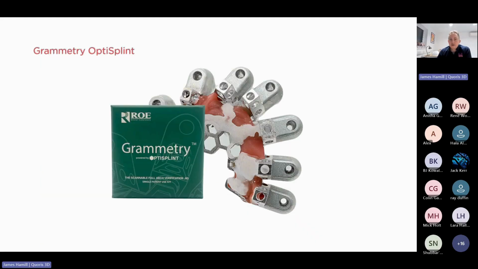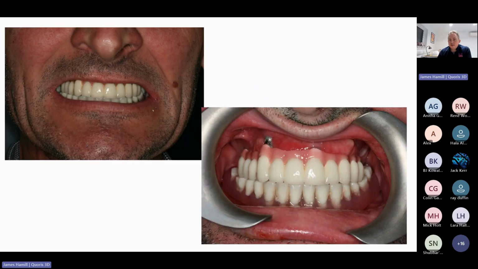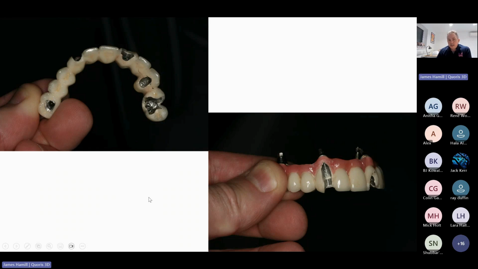And this is another case, slightly different case this time. This is using the OptiSplint again. This is another implant rescue case. We do seem to get a few of them. Failing implants, upper and lower arch. Bridge had to be removed. It was an old straight to fixture